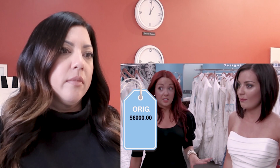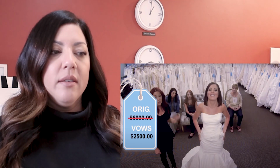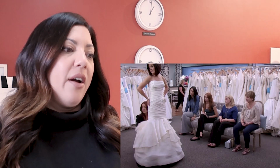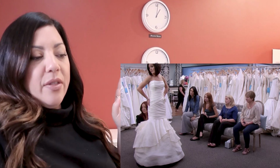What was the price on this dress? It retails originally for $6,000. We have it here for $2,500. Wow, that's a saving. It's a gorgeous dress. Who would think that I have a $6,000 gown on my body? Oh my God, you said $6,000, I almost just died. Okay, hold on. Yeah. It's marked down to $2,500. $500 over my budget. That's not bad. That's not bad. Yeah, but you don't owe like $2,000 to Mass General. Financially. Yeah, okay, so one thing I need to draw your attention to, guys, and that is